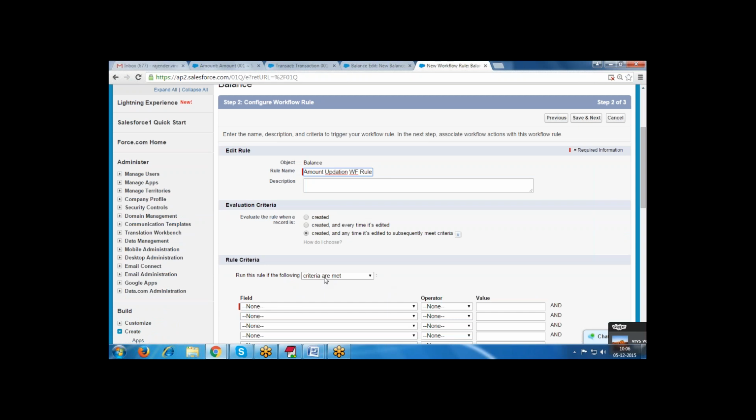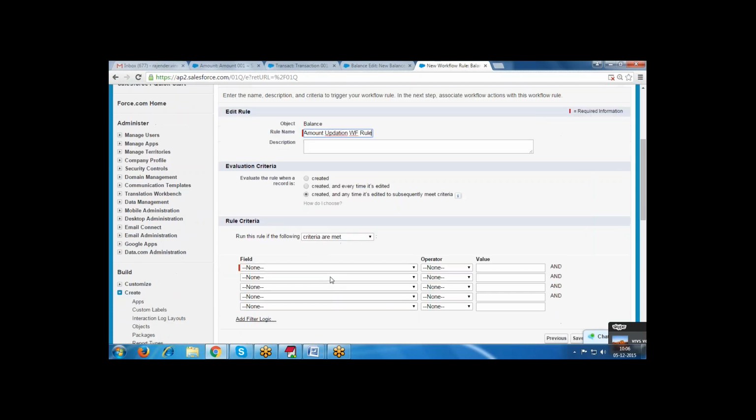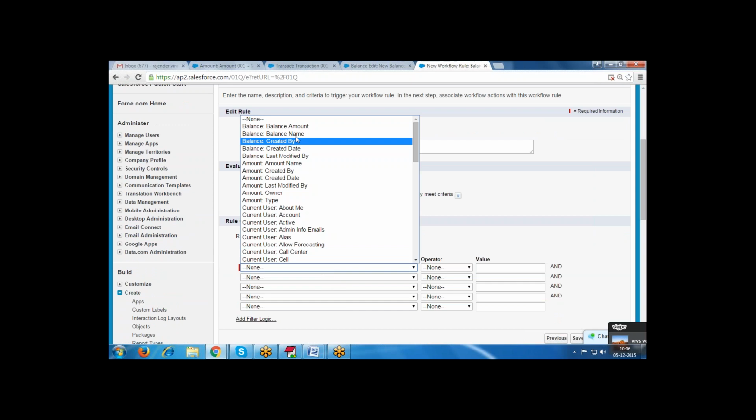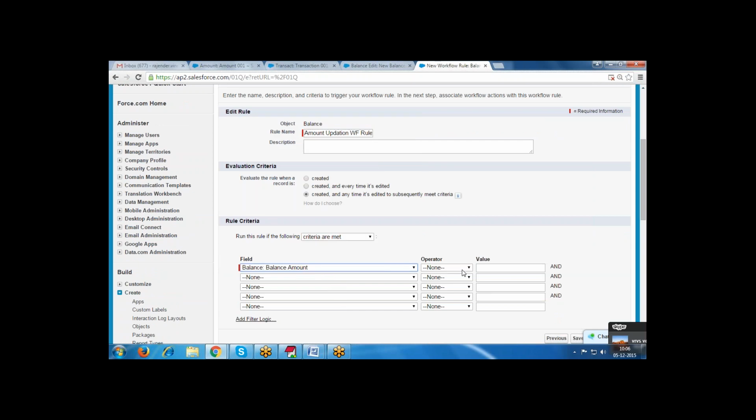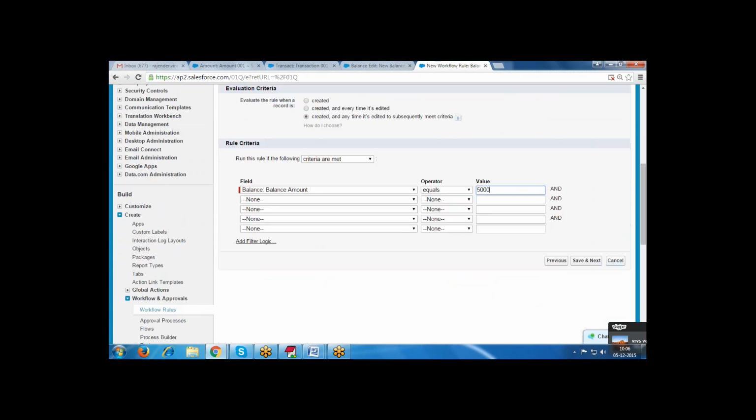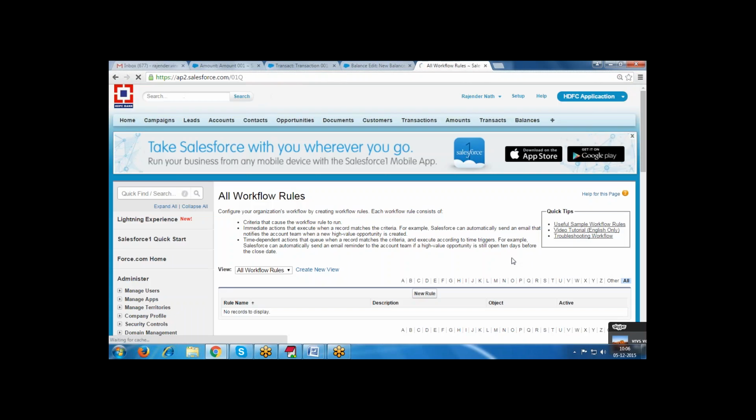The condition is the rule criteria: balance amount equals 5,000. I am creating the condition. This is the condition. Save it.